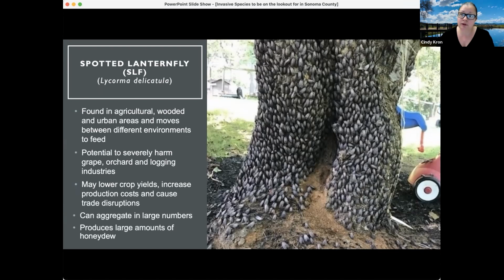So some of the behaviors that are interesting is that if you're walking up to an area that has spotted lanternfly in large numbers, or did have spotted lanternfly in large numbers, that honeydew starts to ferment, and they say there's a fermentation type of smell around the area in which they're at. So that's something to keep in mind. They're found in agricultural, wooded, and urban areas, so it's a wide range. So it's not just in grapevines, and